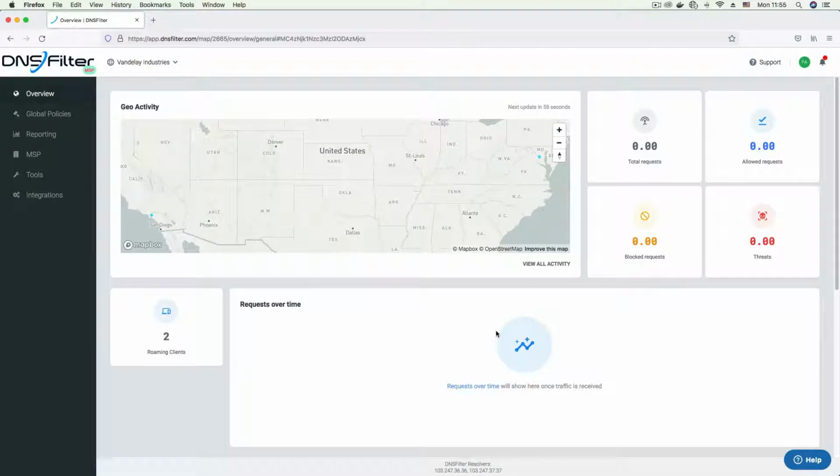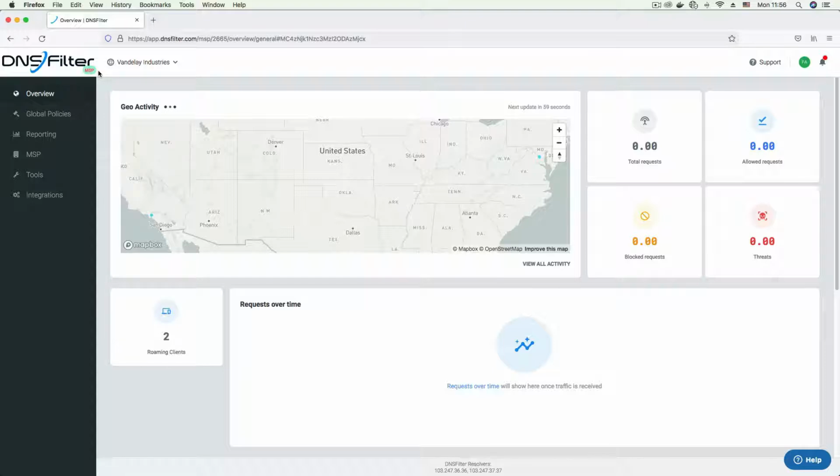In this video, we're going to be exploring the MSP Dashboard. The MSP Dashboard allows MSPs to perform tasks such as managing clients, sites, and sub-organizations, white labeling the product, and much more. Ready to take a tour of the MSP Dashboard? Let's begin. The first indication that you're on the MSP Dashboard is the MSP label attached to the DNSFilter logo